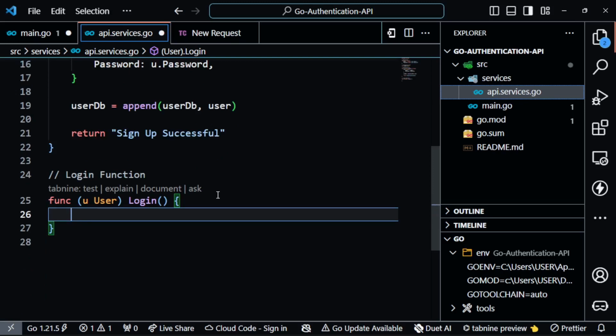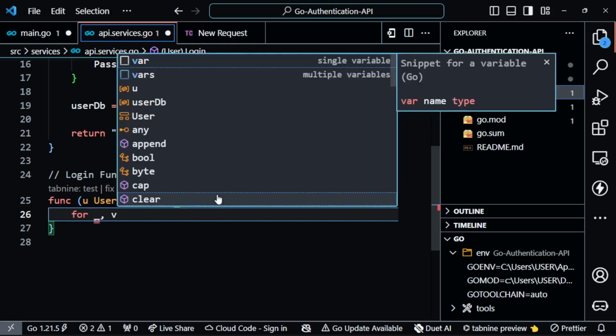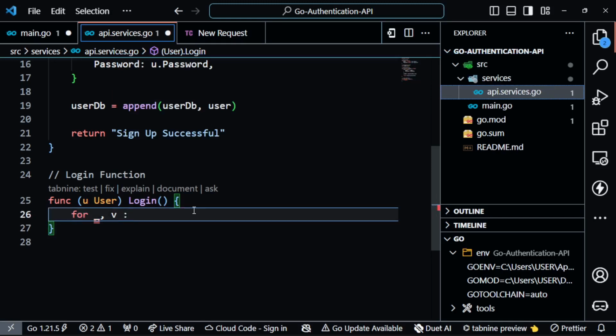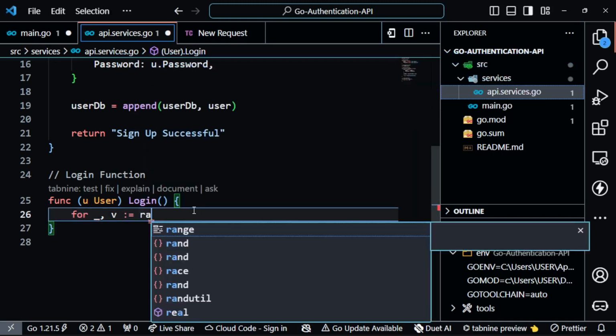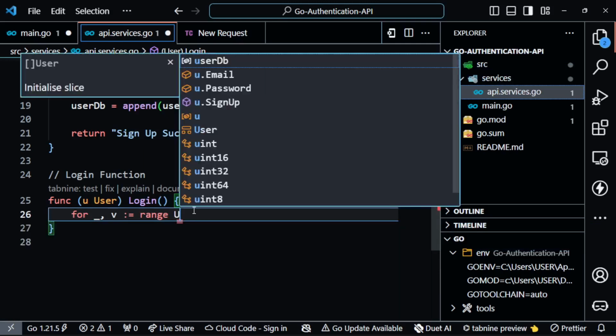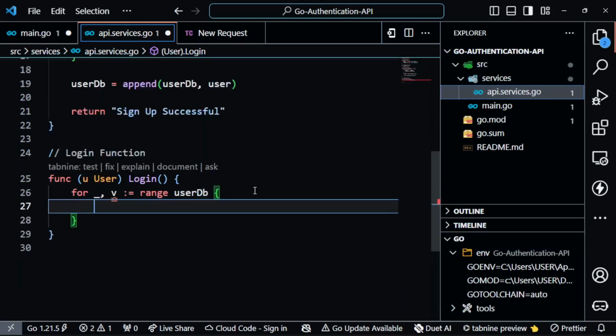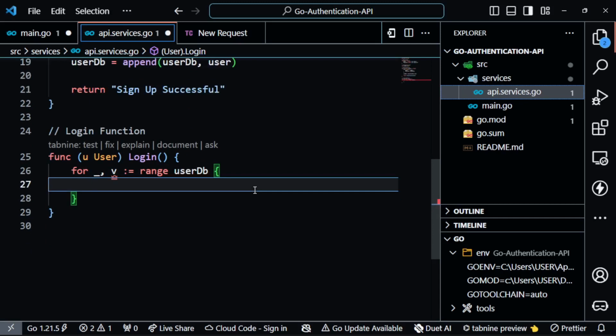To do that, I'm going to use for index, value, but we actually don't need the index. We only want the value. So we are going to use a dash to make the Go compiler happy. Value, v for value, range user db. Okay, and then we say if